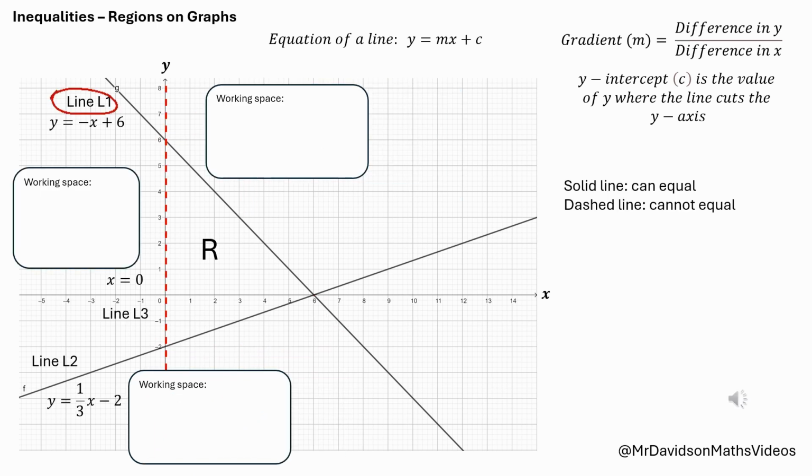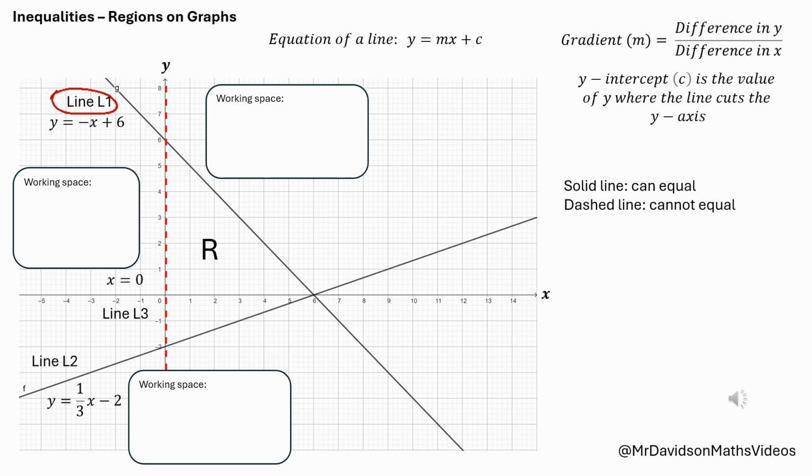If we wanted to describe, using inequalities, the region R, bounded by 3 lines, we would need to initially complete the work from the previous slide, i.e. work out the equations of the lines. Then we need to work out the inequalities, remembering that the solid line means can equal, and the dashed line means cannot equal. So if we look first of all at line L1,